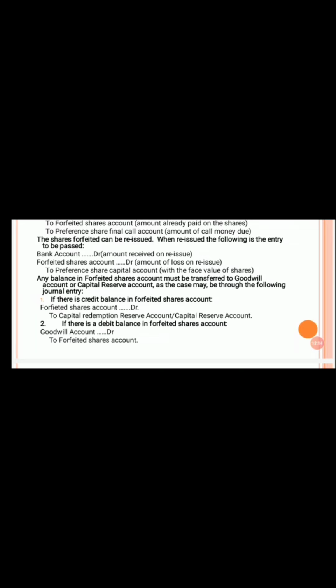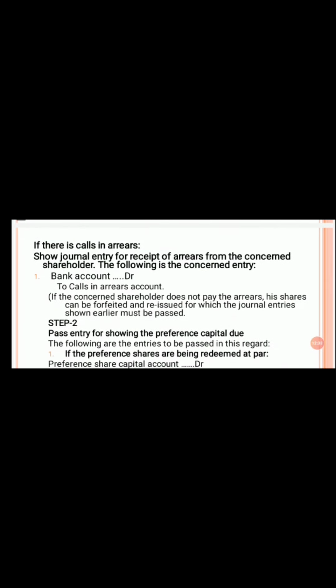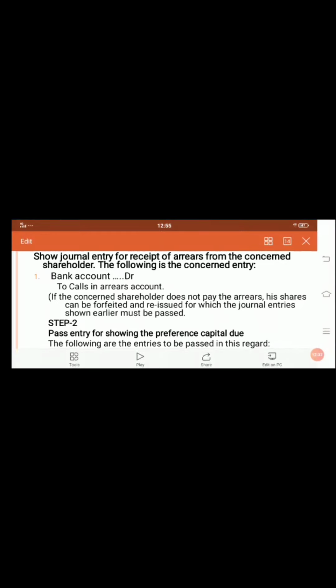And the next journal entry would be, if there is a debit balance in forfeited shares account, the journal entry would be goodwill account debit to forfeited shares account. So these are the two journal entries for transferring the debit or credit balance which is there in forfeited shares account. The second condition for not receiving the full call amount, that is, so we have